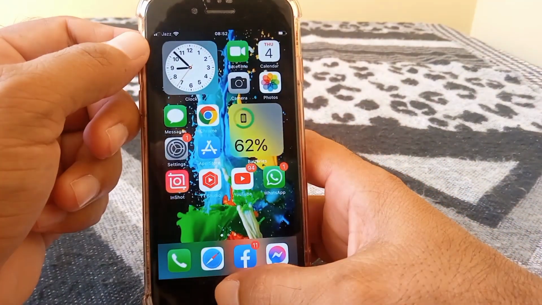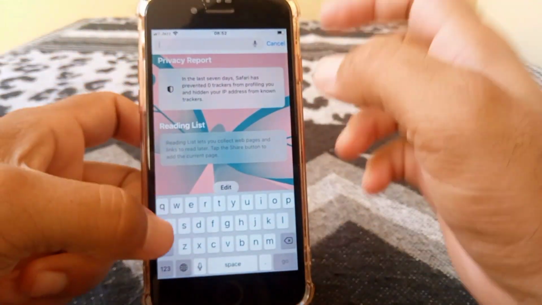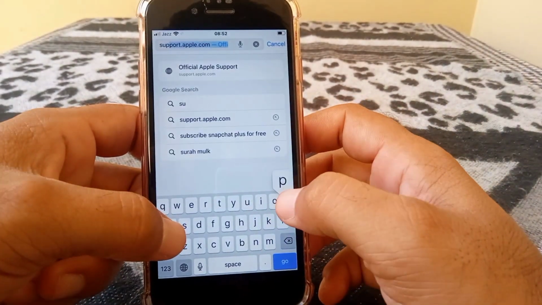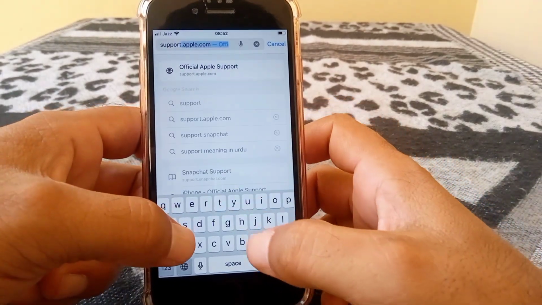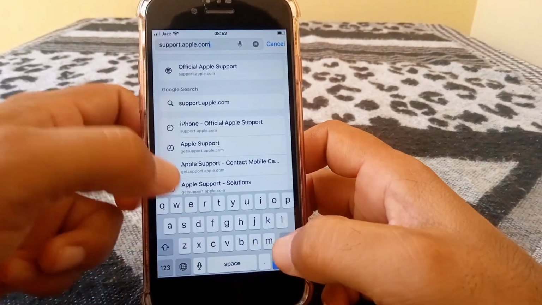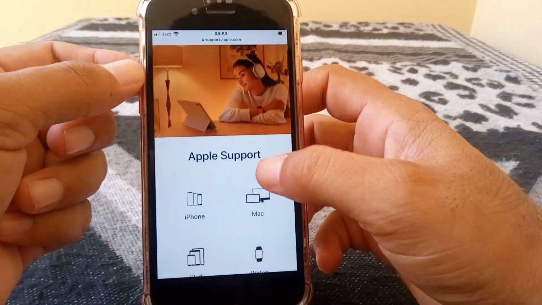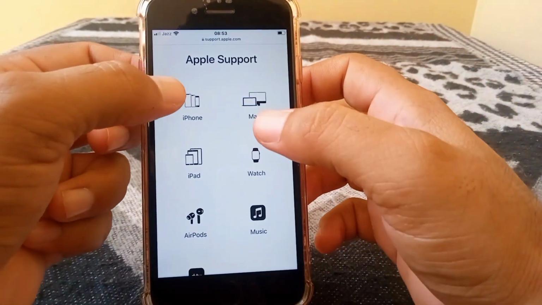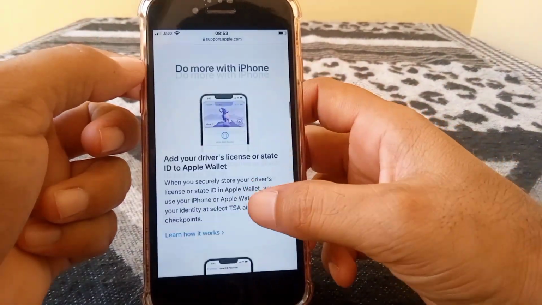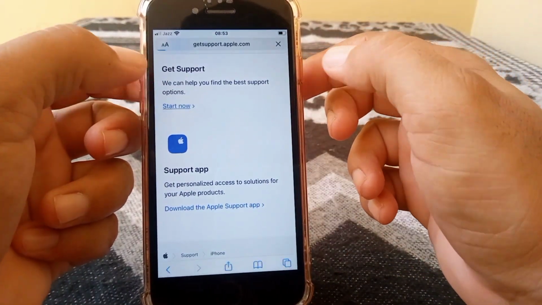If all of these tricks don't work for you, then go for the final one. For that, open up the Safari browser, tap on the search icon, and search for support.apple.com. Tap on this, and here you have to select your device. I'm selecting iPhone. Scroll down, and here is the option Get Support. Tap on Start Now,